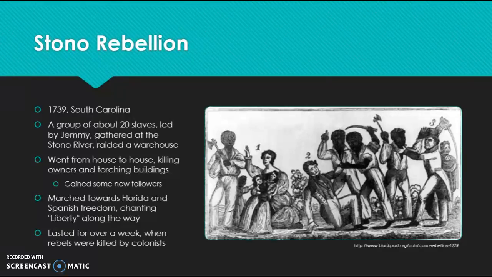they were all killed, unfortunately. But this was pretty successful, and one thing, as I'm sure you're going to guess, that happened is retaliation, stricter laws being put in place, white people freaking out that there's going to be another rebellion. So this definitely scared the slaveholding South for a very long time.